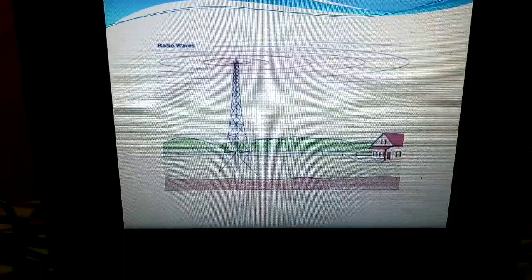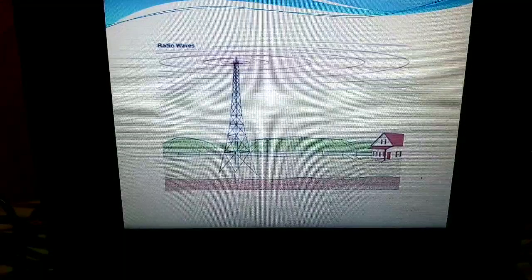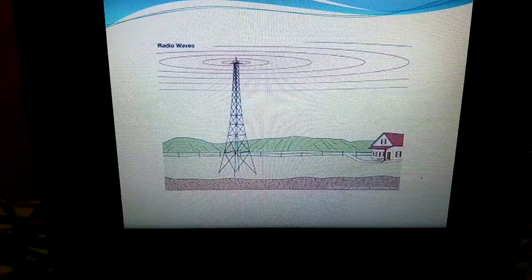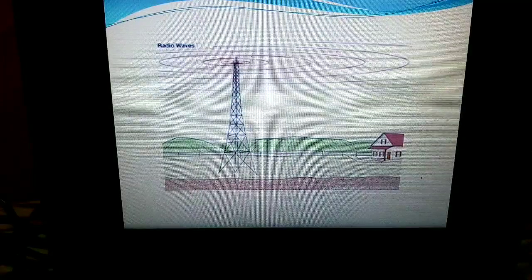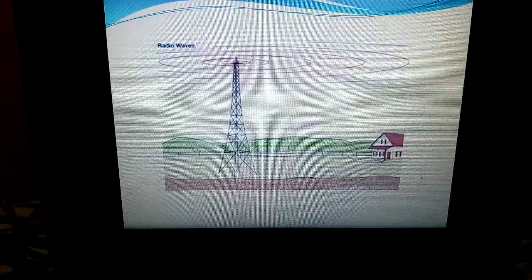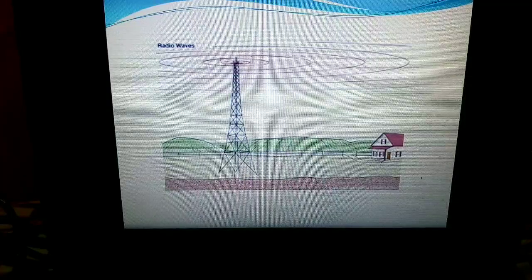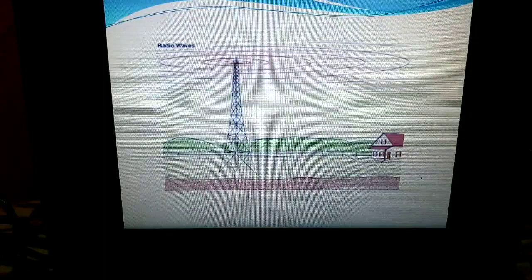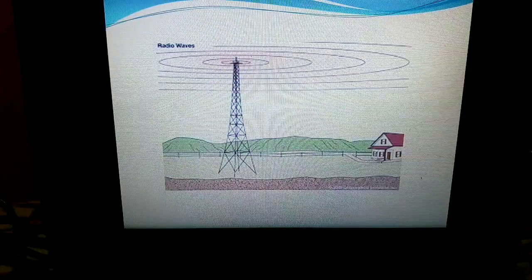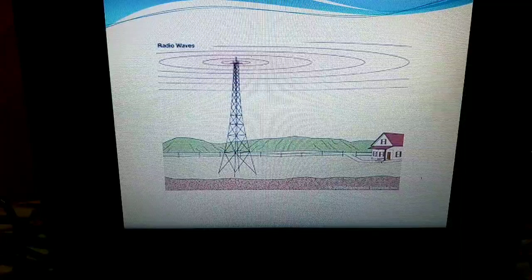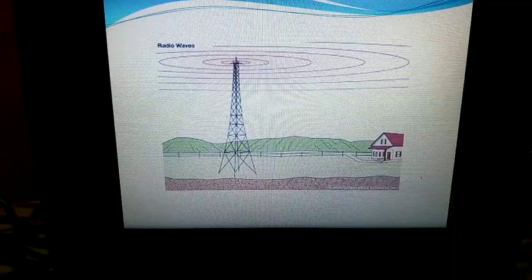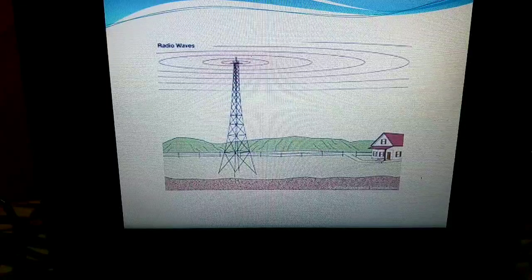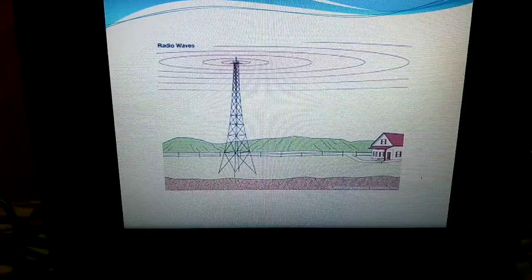And that is why sometimes we are not able to experience our mobile network, but we will be able to experience our radio. Why? Because radio waves have the capability to penetrate any kind of obstacles, whether it might be mountains, buildings, or houses. It has the ability to penetrate, and then it will reach your data signals to your destination. That is why we are able to experience the radio signals.